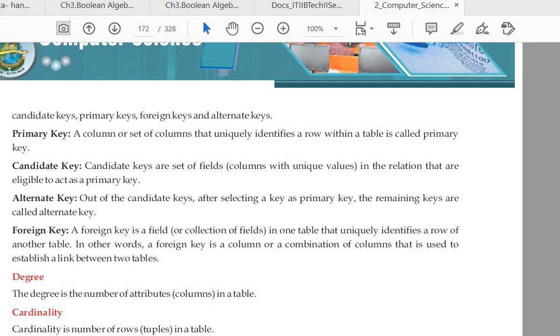I already told you the meaning of attribute: it is just the column header name. Today we will finish here, and in the next class we will talk about keys, because keys play a very important role in the DBMS. Okay, so have a good day.